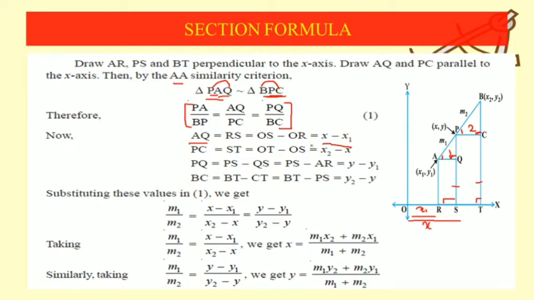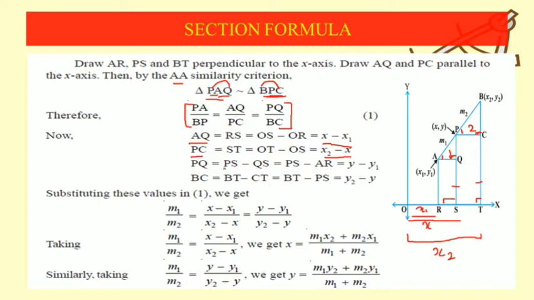This we will obtain. Now let me find the length for the PC in the same manner. Now this is the line PC. This PC equals ST. So if we find ST, we can get the length of PC. Now let me see how to find ST. Now this distance on the x-axis, if you see in the figure, the coordinate for B is x2. So it means up to this much the distance is x2. And we have seen the distance from O to S is x. So this remaining distance ST will be x2 minus x. We can see here x2 minus x. So the length of PC will be x2 minus x.